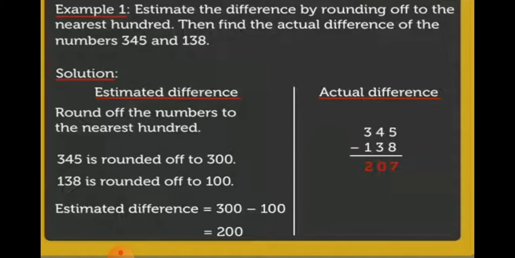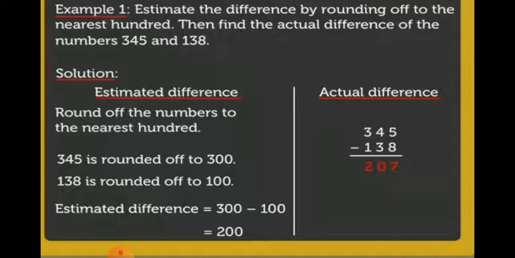First we will write 345 and it is rounded off to 300. Let us see how. The digit at the hundreds place value is 3. The digit next to 3 is 4, that is less than 5. So you will write 3 as it is. Now you will count the number of digits next to the 3, that are 2 digits, and you will put 00 and it became 300.